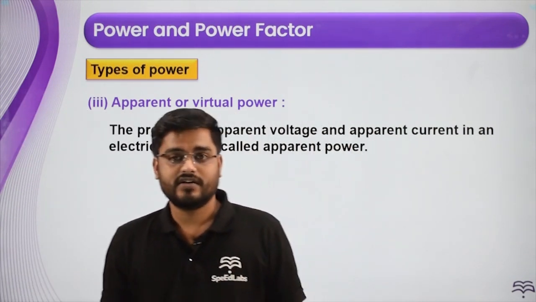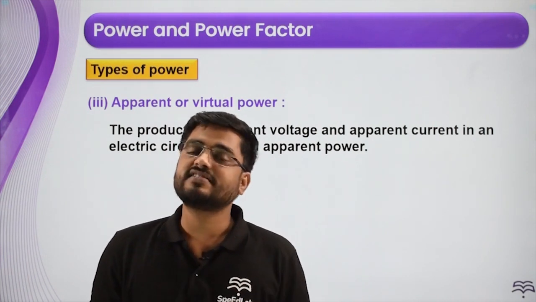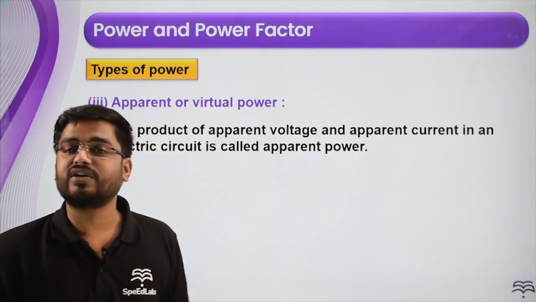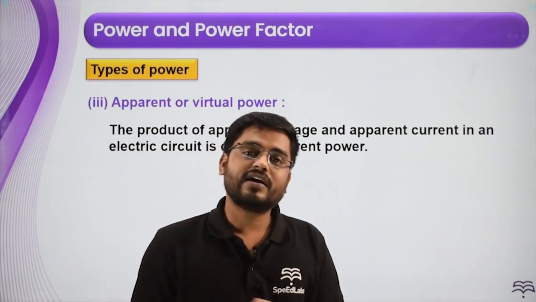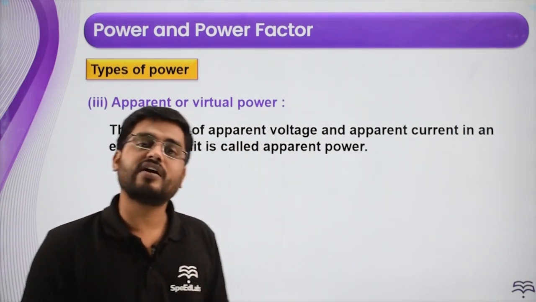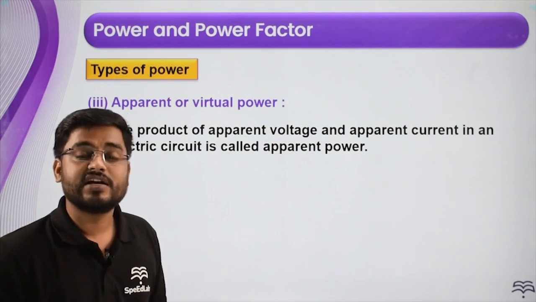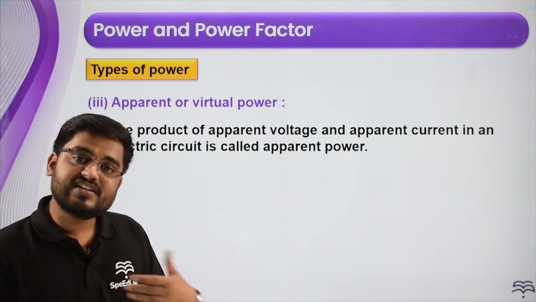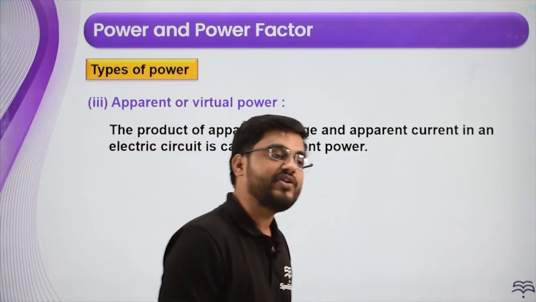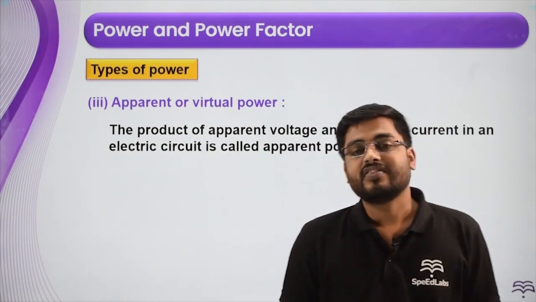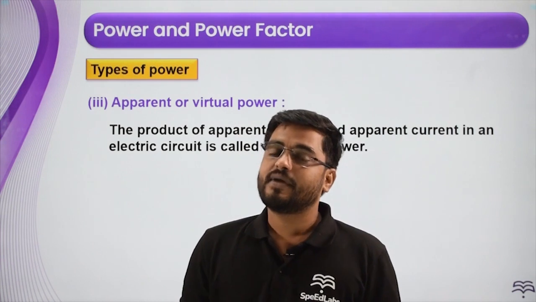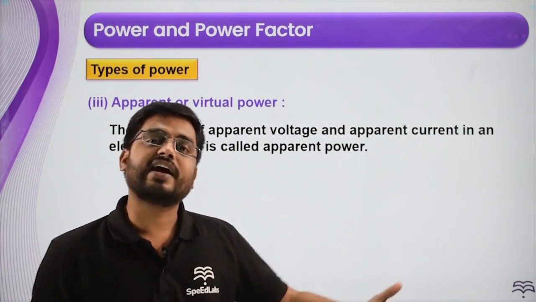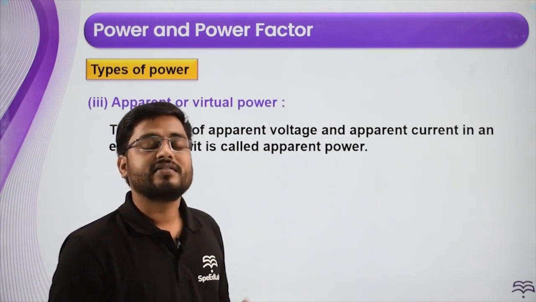Voltage into current. Now if Vrms is the mean voltage throughout the cycle, and Irms is the mean current throughout the cycle, then their product Vrms into Irms should be the power. So that is just a feel. We know that the actual power, or the true power, or the average power, comes to be Vrms into Irms into cos phi. But here the Vrms into Irms quantity is called the apparent power.